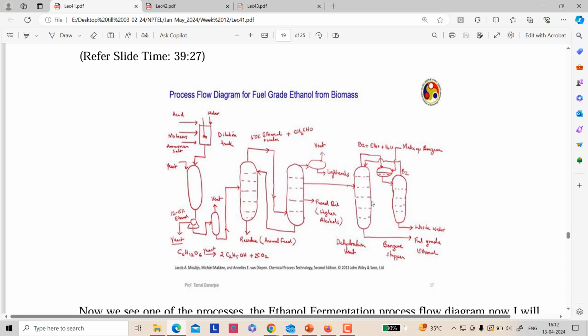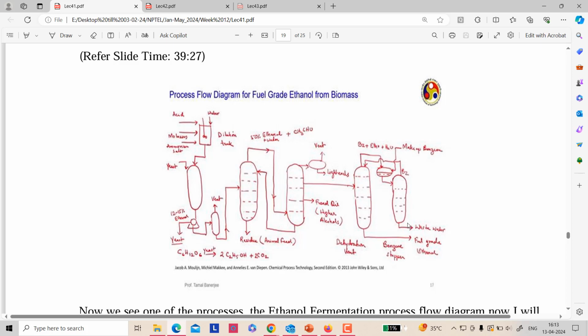Then it goes to the stripper where benzene is stripped, and the bottom product is the fuel grade ethanol we are collecting. So from the dehydration tank we are collecting the fuel grade ethanol. The top product is going into the benzene stripper where benzene is removed,